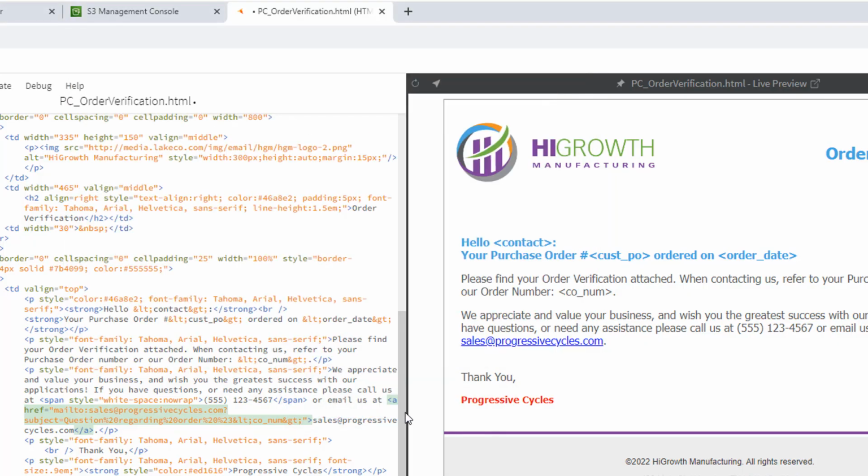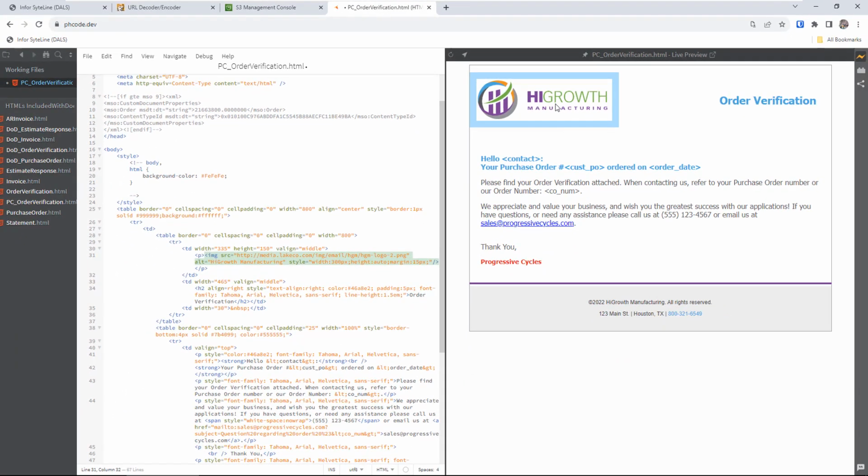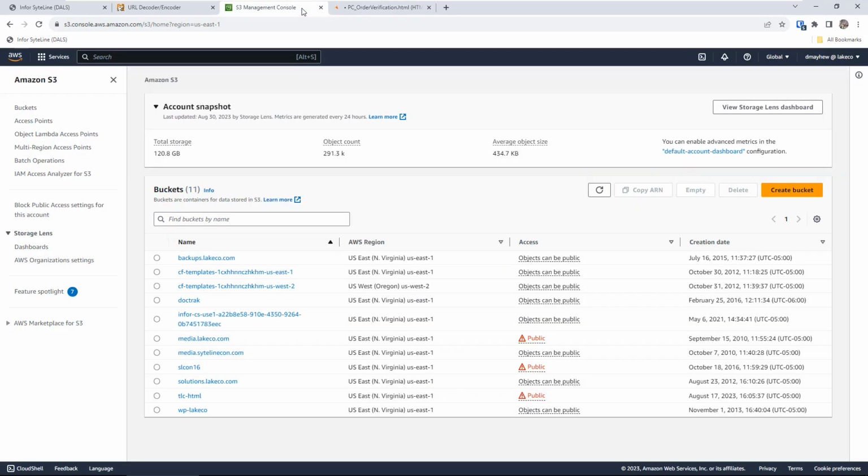Finally, let's replace the logo. This code calls for embedding this image, which is found at this URL. To use our logo instead, we'll first have to put it in a public location that can be shared with a URL. If you're working with a web hosting service, they might typically set up the image in a public area of their server. Or you can do what I've done, which is store it in a public folder in our Amazon S3 account.